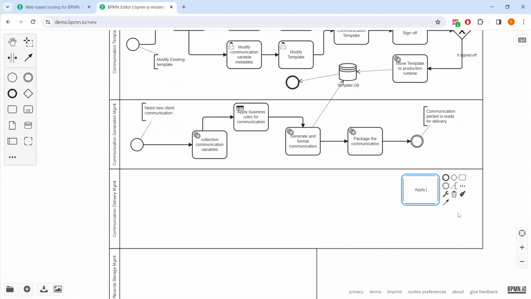Apply communication delivery rules. Okay, that's the first thing that happens. I'm going to apply these rules, and once I apply the rules, is the thing working the way I want it to work? You don't know, so you are applying the delivery rules, and then you are trying to do a